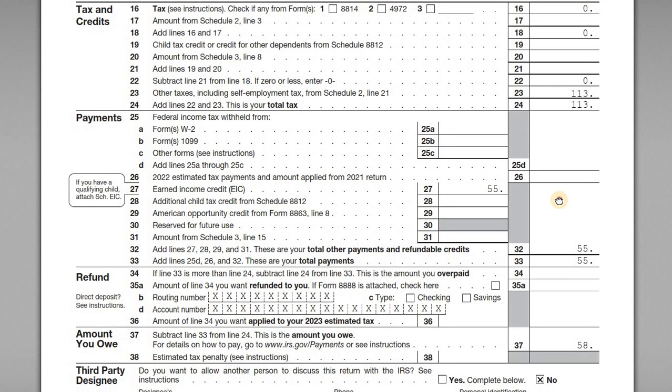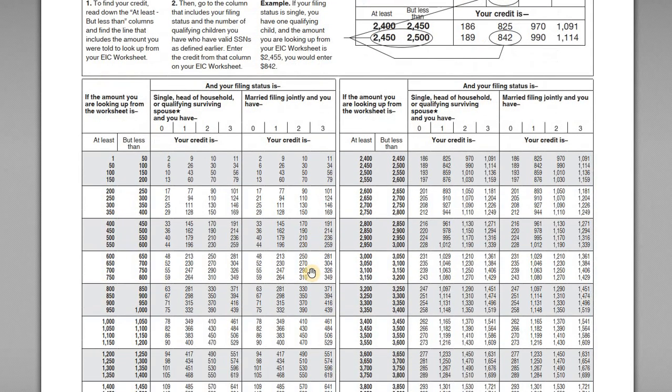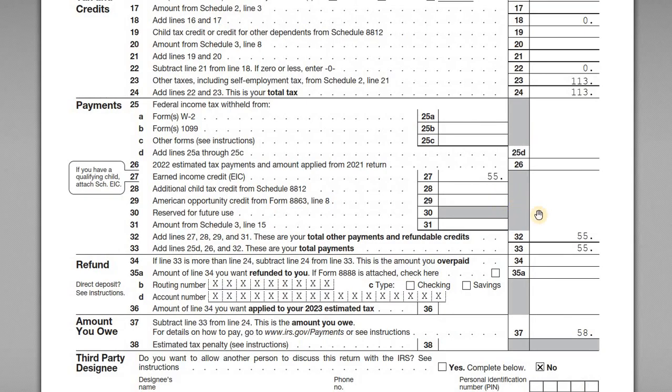And then again, like the previous example, he's got an eligible earned income credit, $55, on his earned income from self-employed activities. So again, he can go back to the publication here and reference where his earned income credit is. He's between $700 and $750 in net earned income, and that's if you have 0 qualifying children. There's his $55 amount. So he's got the $55 in EIC that he gets to claim on his return.